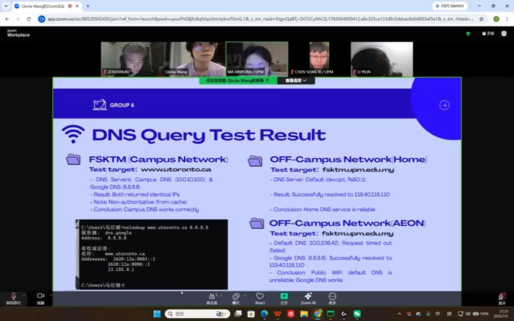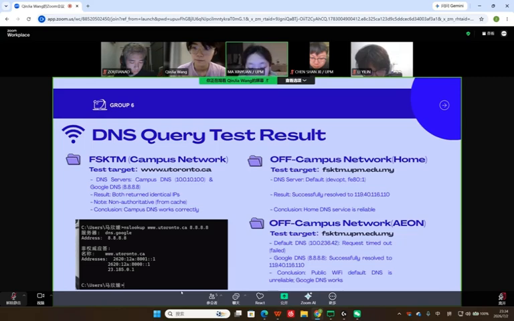Then the last one is the public Wi-Fi. When we use the default DNS, the test timed out and failed. But after we switched to Google DNS 8.8.8.8, we got the right IP without any trouble. So it shows the public Wi-Fi original DNS is unstable, while Google DNS can